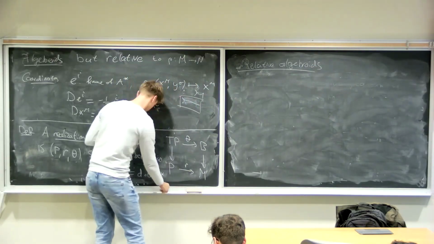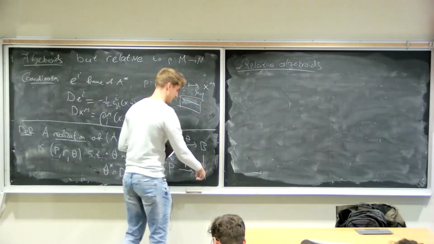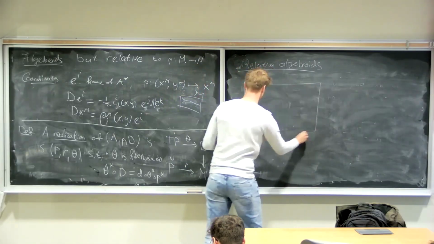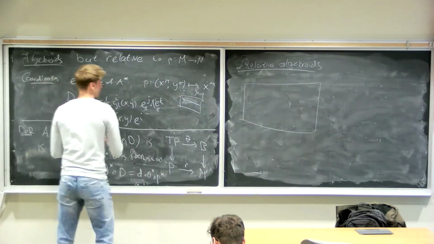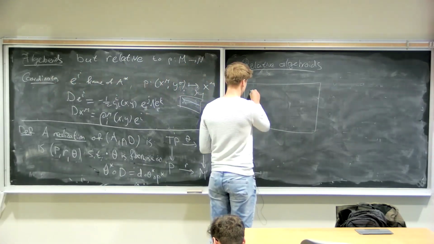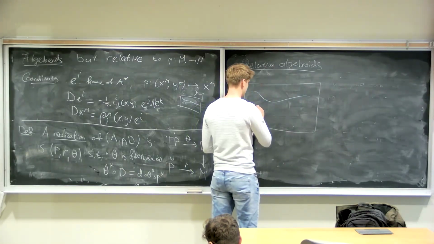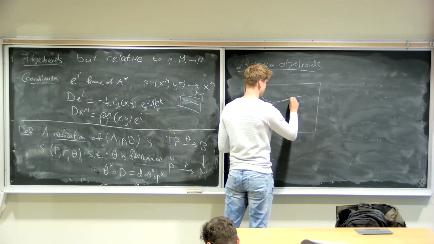Is this big enough, or should I draw a larger picture? I'll draw a larger picture over here. So suppose you have two realizations, and these are the images of the realization maps. They can do something like this. If they overlap at a certain point,